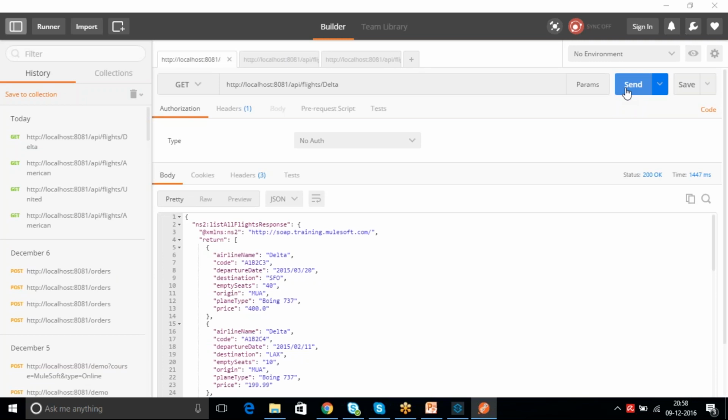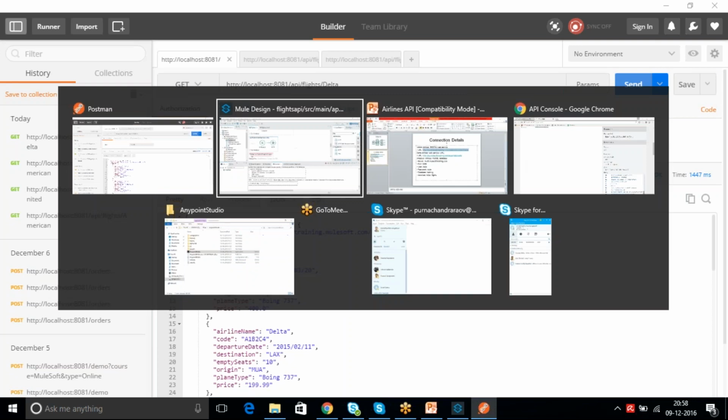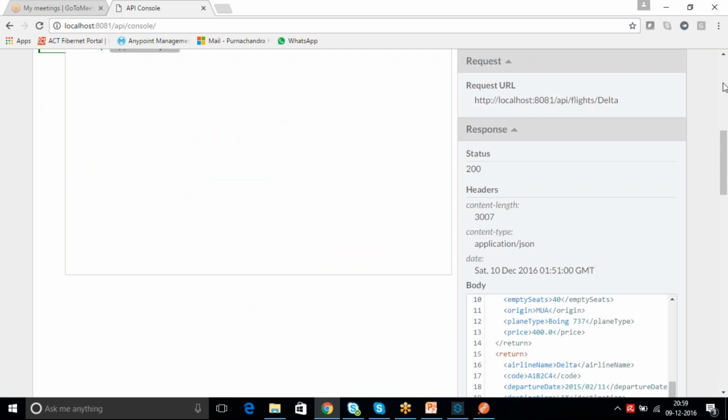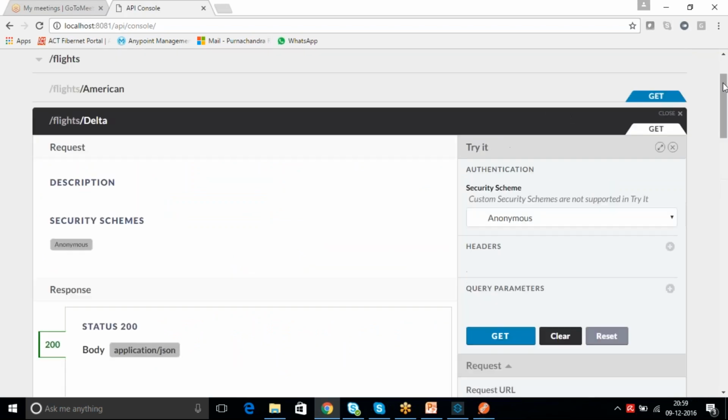But the actual API which I want to design is, if I give something like all, that means it should merge all these 3 request responses back from United, American and Delta, and then show it to the front end system.